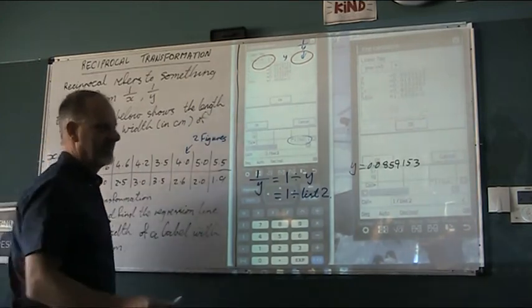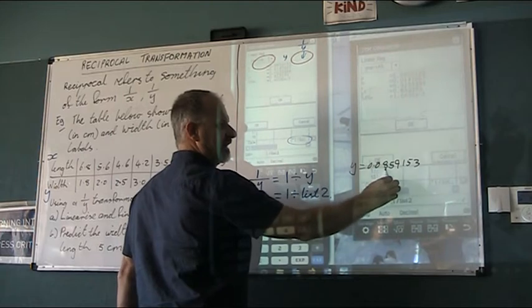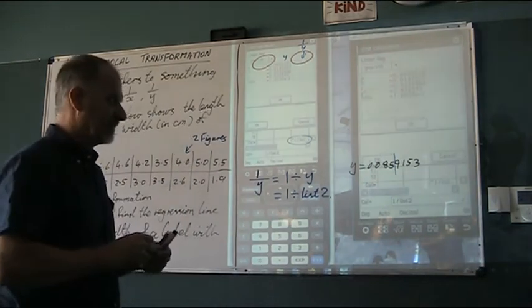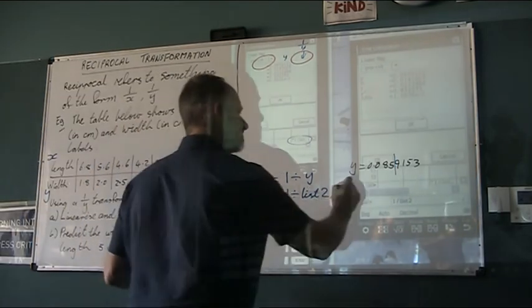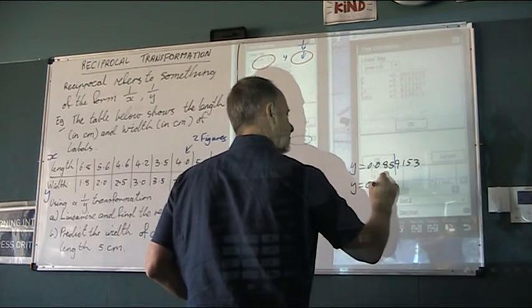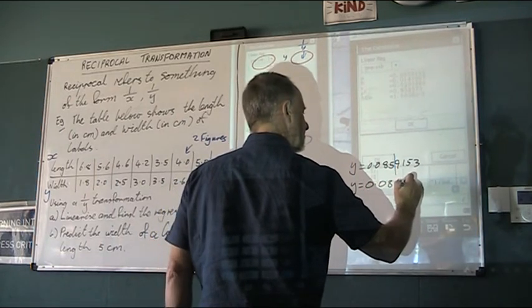So remember, any zeros at the front aren't counted. 859, so I've got to chop it through here, and when I chop it through there it becomes 86 times x,